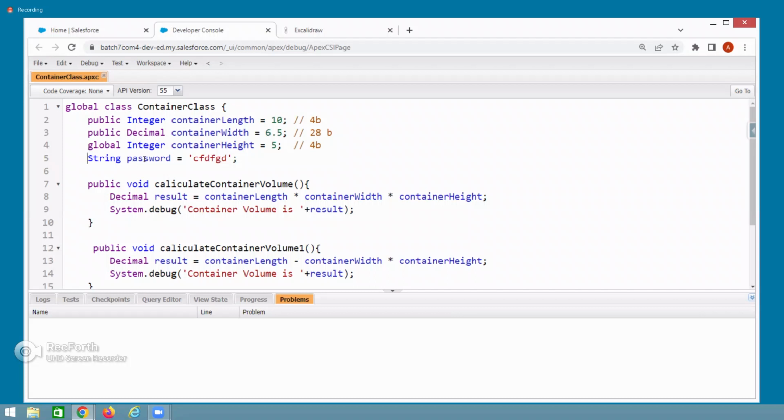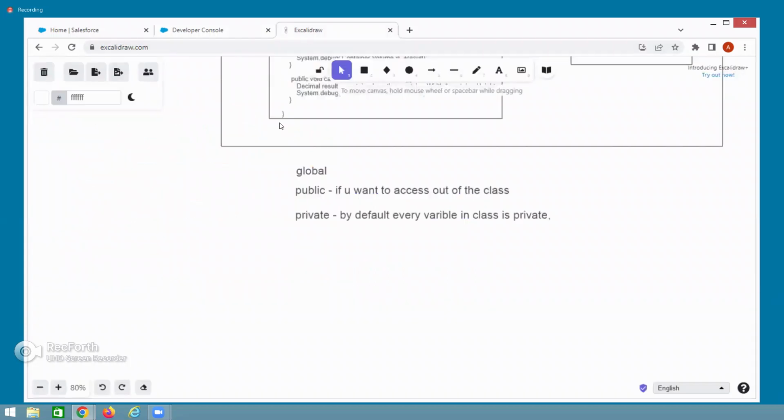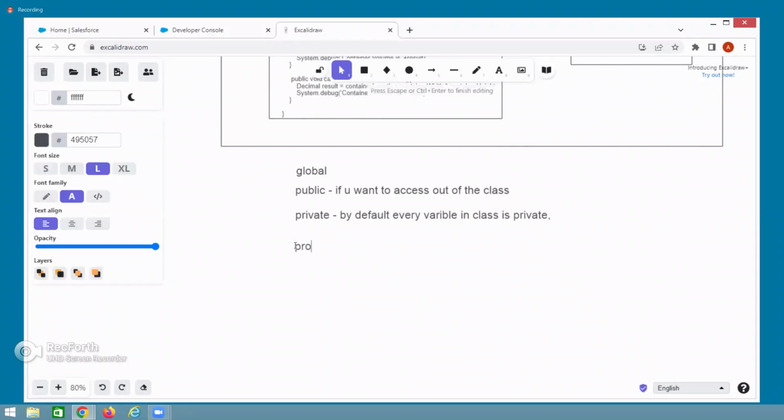If you don't want to share this data, that means expose it to another class, then you don't need to declare anything. If you want to declare private, that is also fine, otherwise by default it is private. Clear? So as of now, we are using global, public, private. Global means outside of the Salesforce, public means within the Salesforce, private means within the class. Understand? Now there is one we are not using. Whenever the situation comes, I will explain. Protected. Protected means